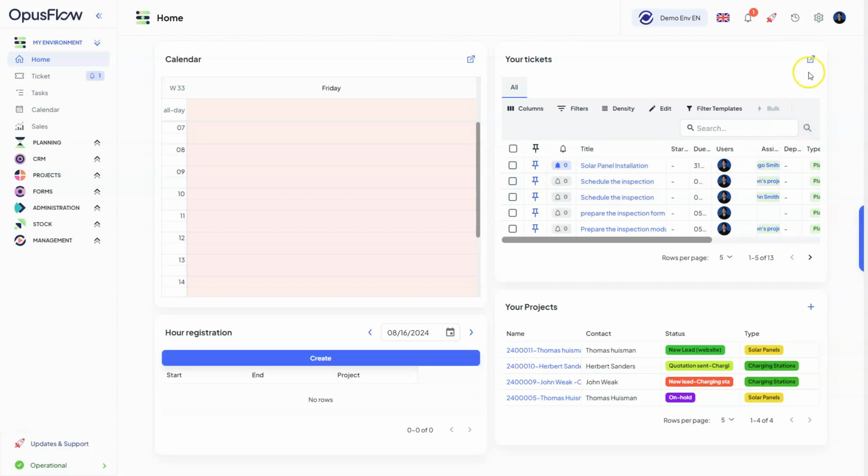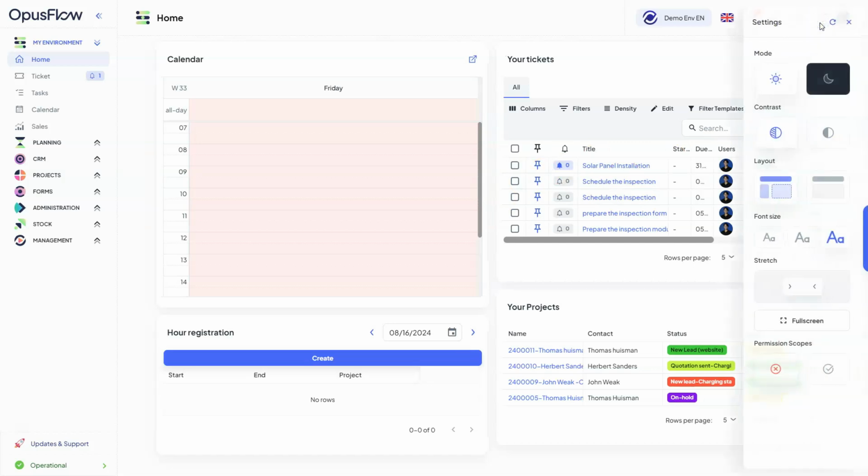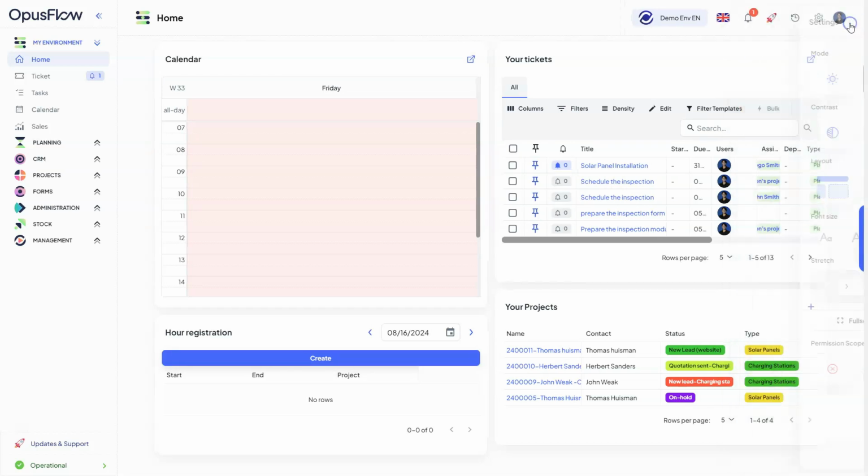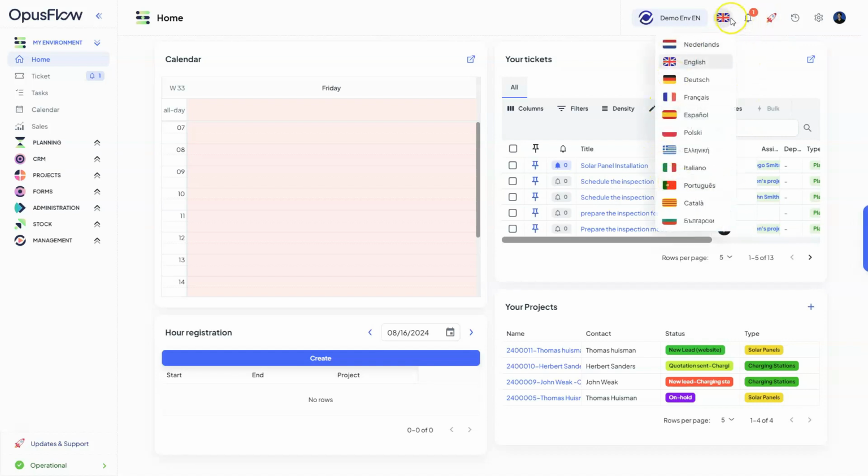As you can see, in the top right corner, you have the settings where you can change the mode, contrast, layout, and other settings. Then, very importantly, you have the changelog button. If you click on this button over here, you'll be directed to OpusFlow's changelog, where you can see all the updates and new features. Next to it, you have the notifications button. And as you can see, this one, if you click on it, you're able to change the language of the